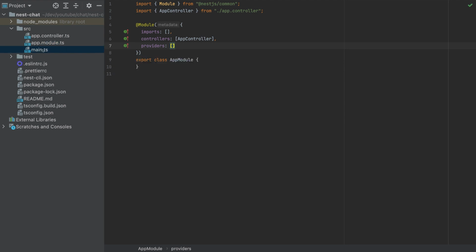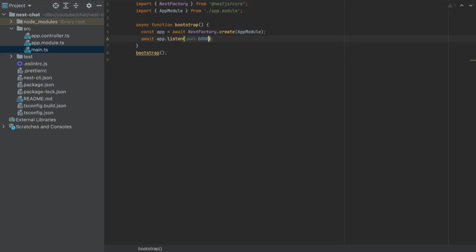And in the main.ts, we will listen to port 8000. So this is the port that we will listen on, and also we want to use CORS. To enable CORS, run app.enableCors. So before I write anything here, what is CORS? Our app will run on port 8000, and our front-end apps that will consume this API will run on a different port than 8000. If it is a different port, the browser will not allow it, and it will throw an error. So if you want to prevent that error, you have to enable CORS,